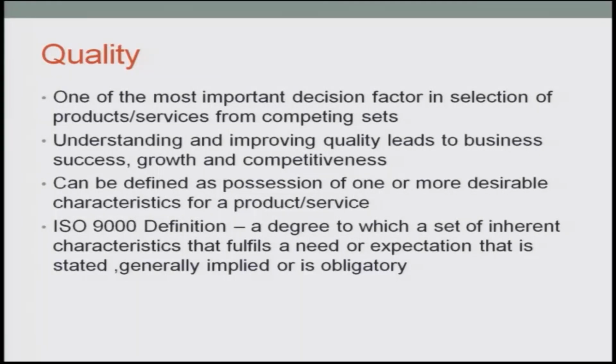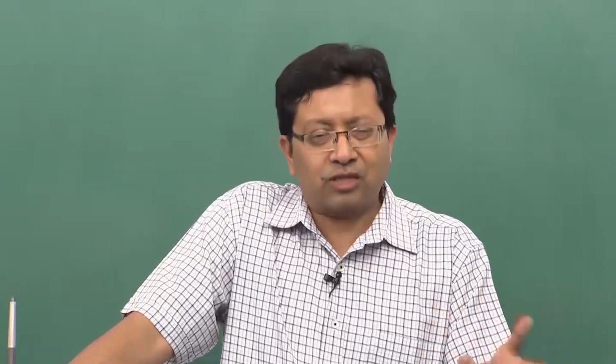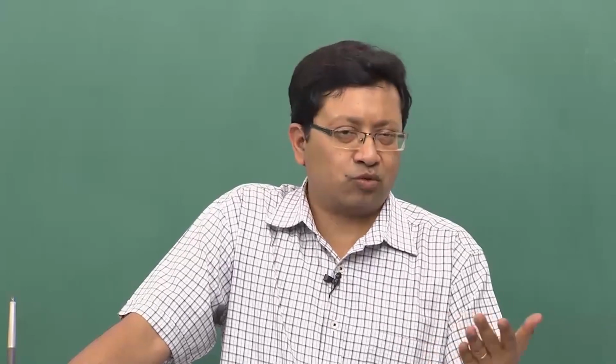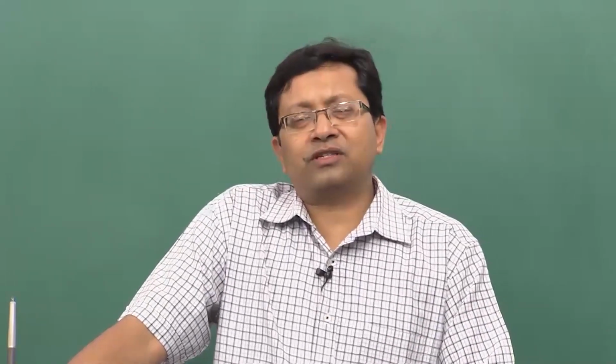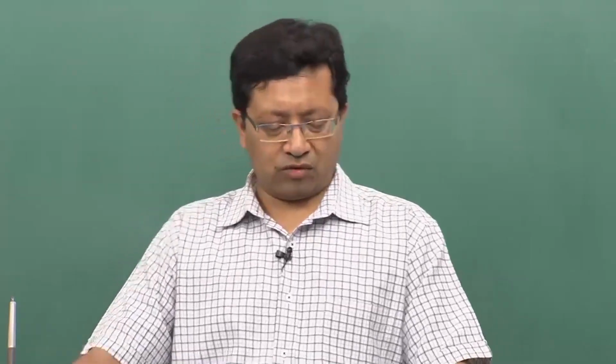So, quality obviously would be defined on the concept of statistical process control, how different type of statistical tools are used, how different type of distributions are used, how different type of readings are utilized, and they are mapped onto the different type of distribution, and you take corrective action based on the different type of charts which you study. As I mentioned, they can be X bar charts, R charts, P charts, so on and so forth. So, obviously there are some definitions which we will see in the ISO 9000 series.